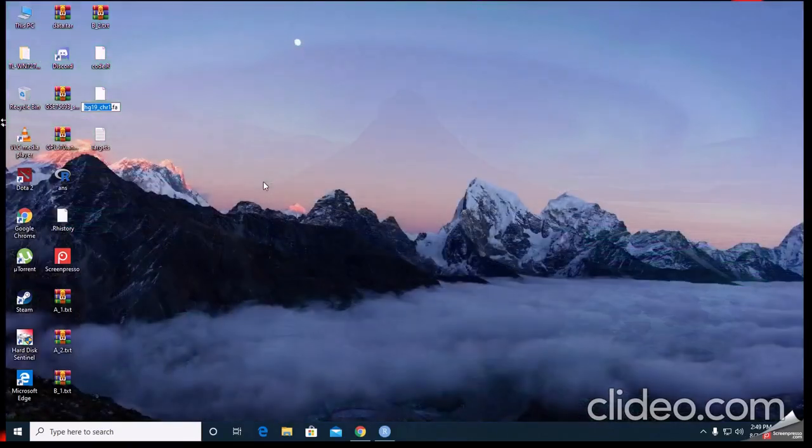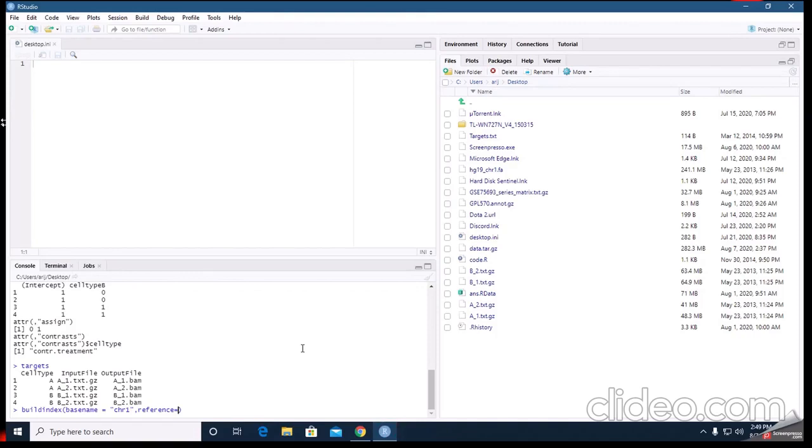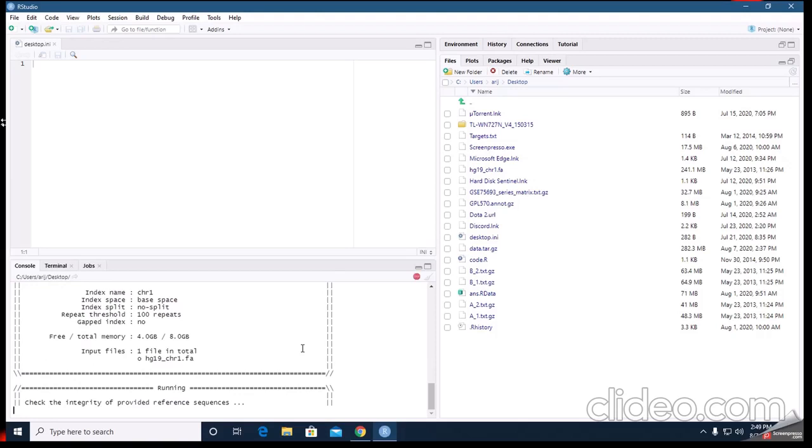Now I'm going to copy the name and paste it under quotation marks, and also write the extension. Now it takes 3 to 4 minutes to build our index file named chromosome 1.